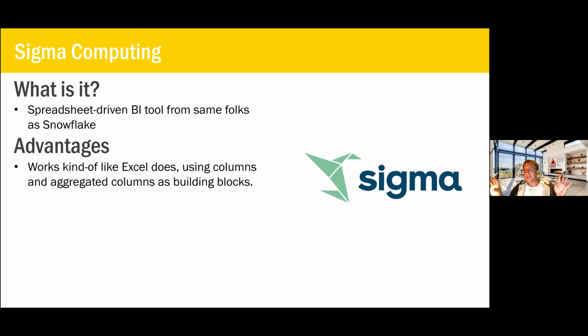Now, I haven't seen a rollout of Sigma side by side with a rollout of Power BI to know whether users really do find it to be a lot easier. But the concept that it does seem to be easier, and it is designed to be easier, I kind of buy. It really does seem like there are aspects to it that do work like building blocks, like Excel does. It pushes the SQL back to the database, so it doesn't have its own semantic layer, and the SQL that it pushes back to the Snowflake or whatever database is pretty efficient SQL. So when DAX in Power BI is translated into SQL, it's not necessarily that efficient of SQL, because that's not really what the language was written to do.